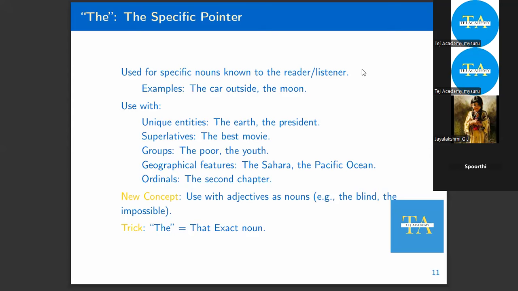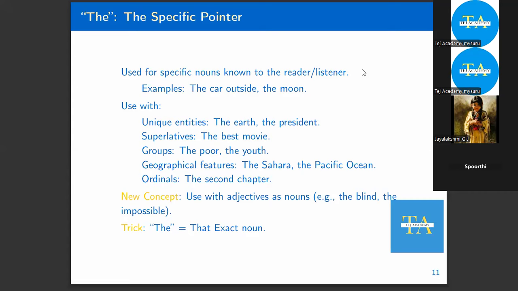This is about the article the, which we use as a specific pointer in front of words which are very specific, which both the speaker and the listener know. Like unique entities, meaning entities or things which are different or uncommon, kind of special,